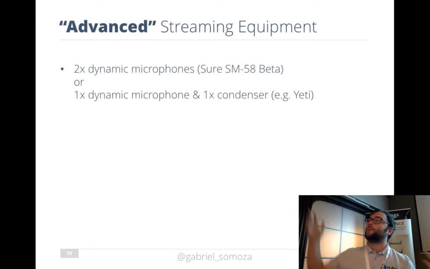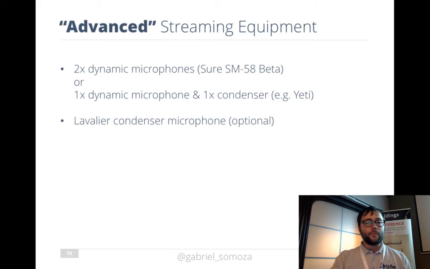If the room acoustics are not great, well, if you put a monitor headset on, you hear absolutely everything. You hear people breathing and everything. So it's hard to manage, but if you find a way to do that, then it's pretty interesting. You could also use a lavalier condenser microphone, which are the ones that you clip on to the clothes, and that's what I like. I use that as a backup.